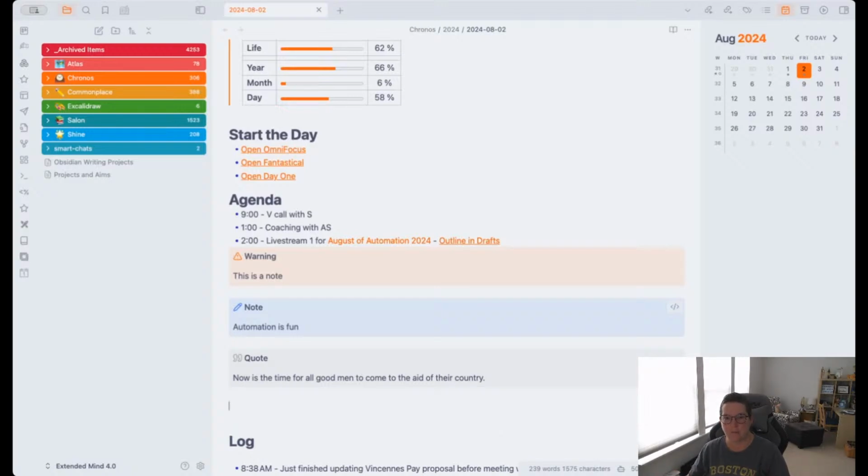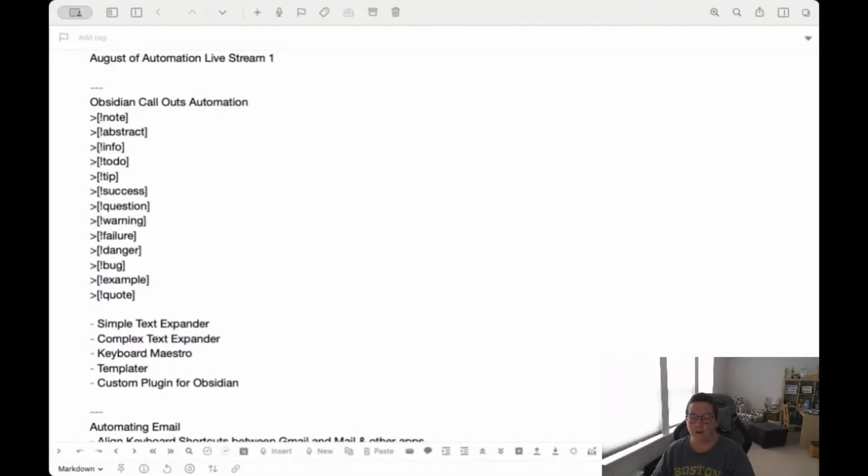We've made that happen. But if I look back at my list of all of the different options that we have for callouts in Obsidian, there are a lot. And I don't want to have to remember those words. That's part of the reason I don't like this format right now, is because it doesn't work for me. So I want to show you a more complex way to approach the text expander, but it actually works quite well. So let's pull Text Expander back up here.